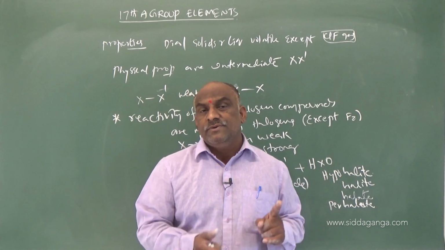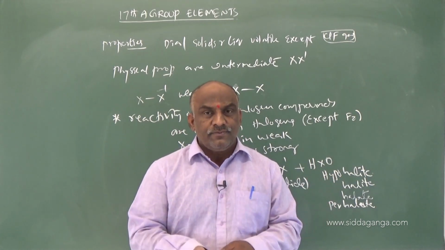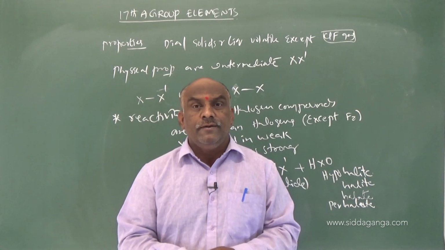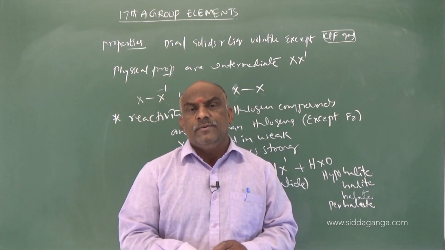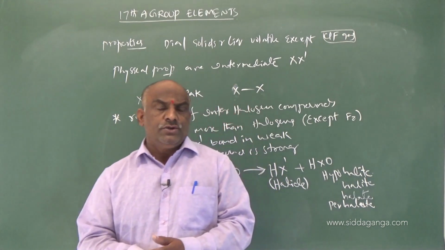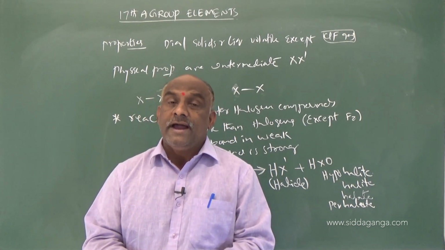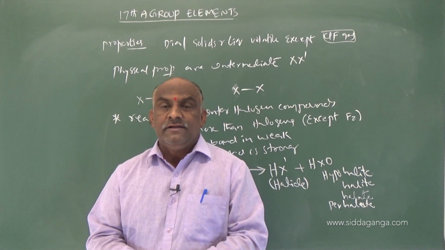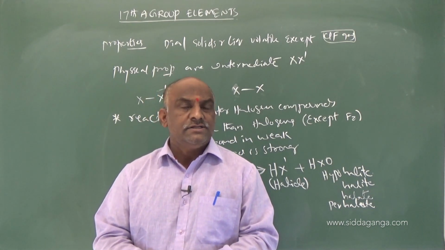Covalent bond takes place between dissimilar atoms, then the bond moves towards the more electronegative element. That more electronegative element becomes negative and the less electronegative element becomes positive. Due to that, the reactivity of interhalogen compounds is more than halogens, and all interhalogen compounds are covalent diatomic, and all are volatile solids or liquids except ClF. Except what? ClF.